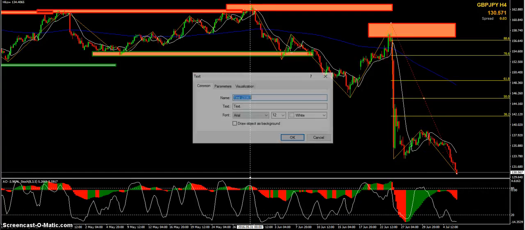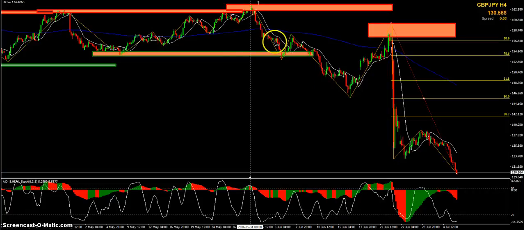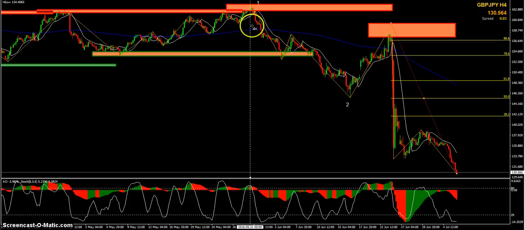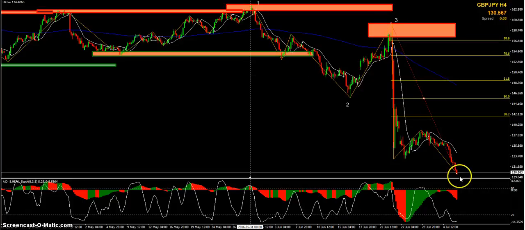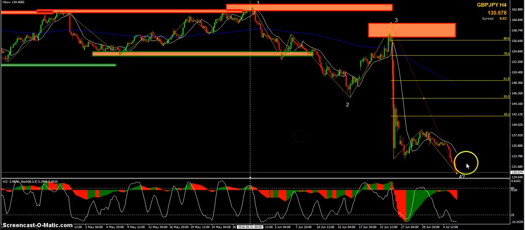I'll go ahead, drop some indicators in for you. There's start of 1 all the way down to here. This is the end of 1, push back higher for wave 2, and this is just start of wave 3 back lower all the way down. And if we assume this is the end of wave 3 at the moment, we've got to do our wave 4 back. So I'm going to put a question mark there. We don't know that is it until we see that come back above the zero line. We see the stochastic is oversold, so it's very likely we're going to find some